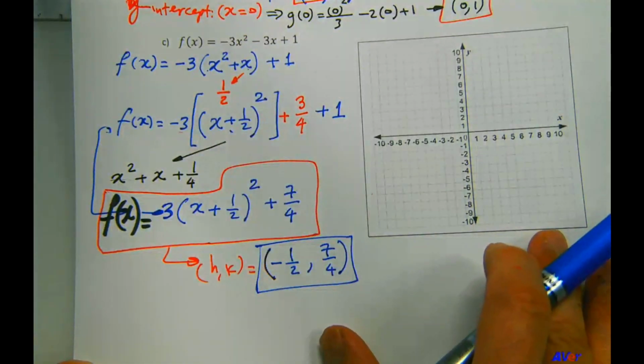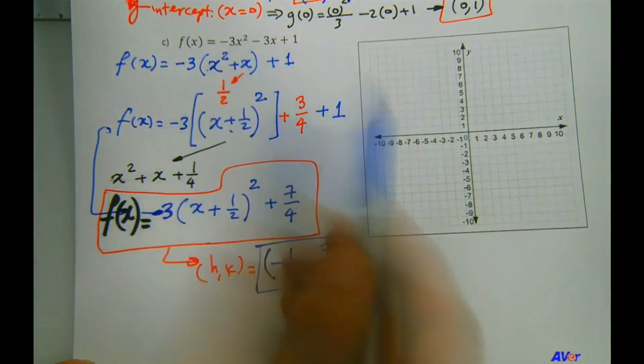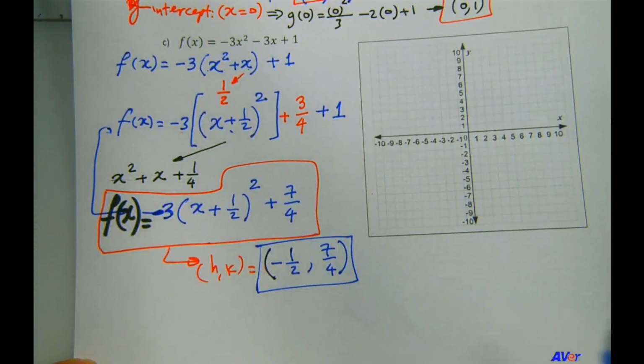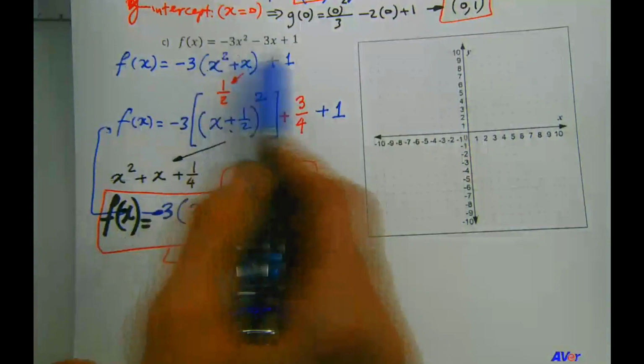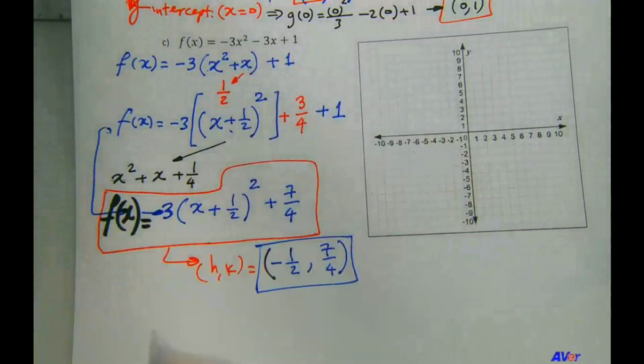So for the y-intercept, we can simply plug in for x with 0. We can use that or we can use that. It makes no difference. We pick whichever one is easier to work with. So that one looks easy enough if you substitute for x with 0. So y-intercept